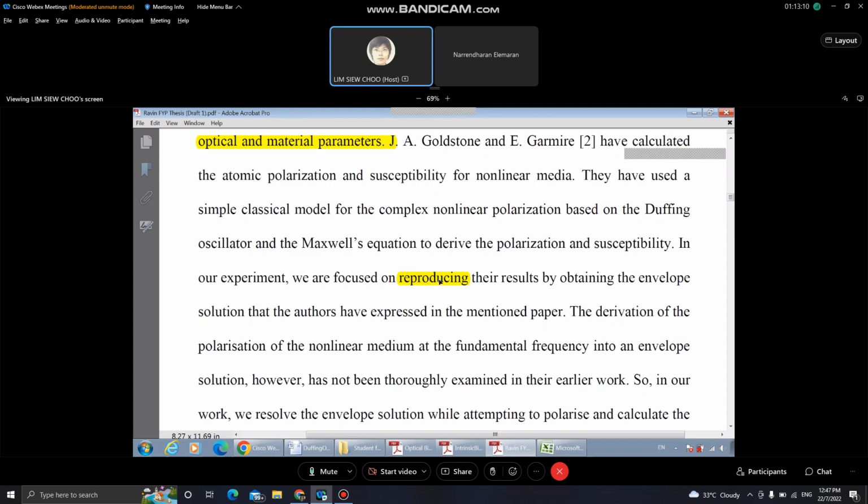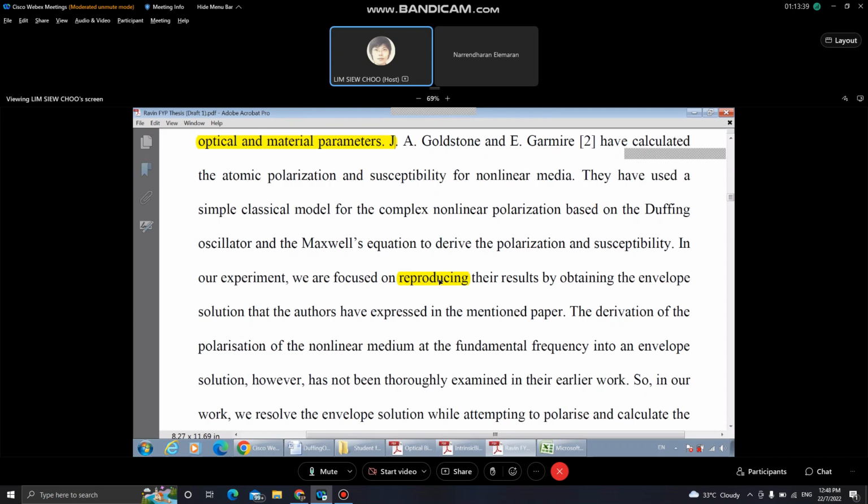But as I said, in the process of reproducing, maybe you purposely or unintentionally change a little bit of the initial conditions or boundary conditions, or the range of the frequency may be different, then you cannot say that you're reproducing, right?